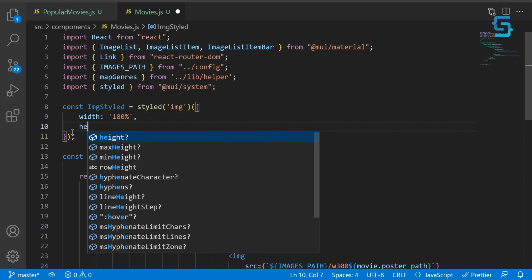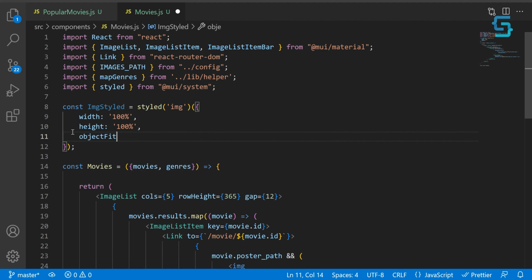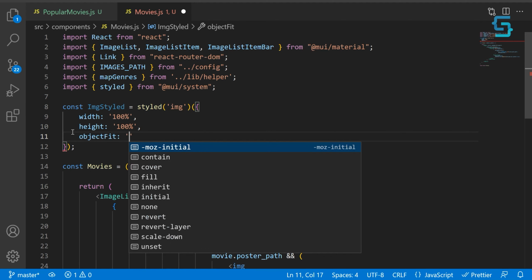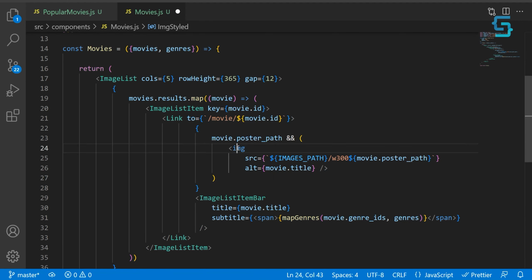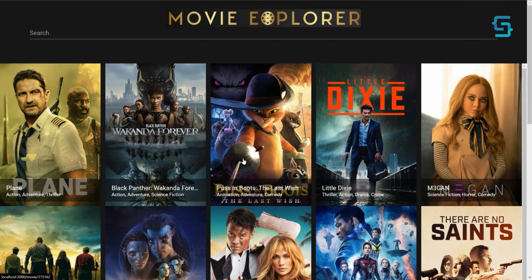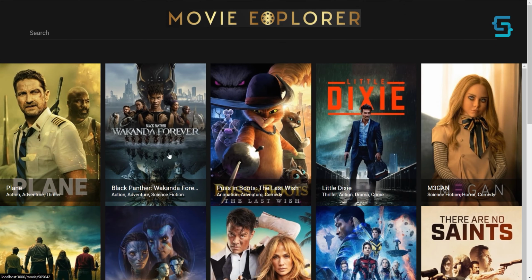Let's add the same for the height, and let's set the object fit to be cover, like so. And now let's use this, replace our image. Let's save this and let's preview. Okay, this looks better. As you can see, the images are now inside the containers, but the problem that we